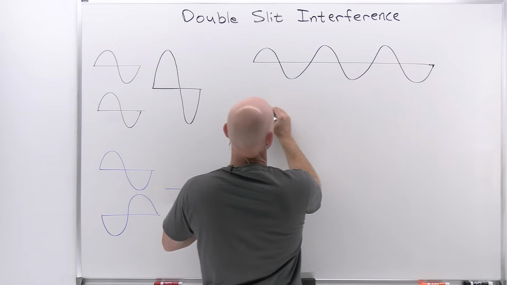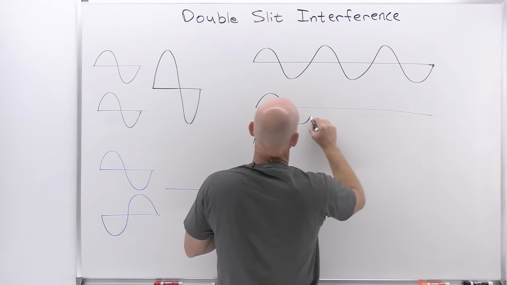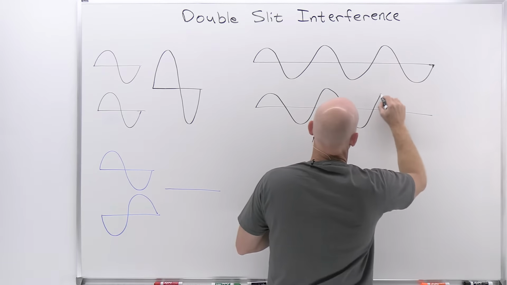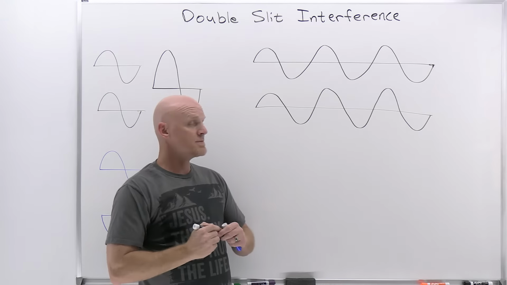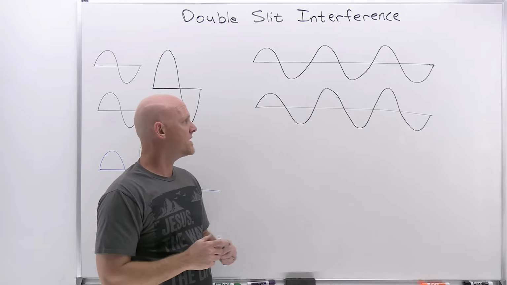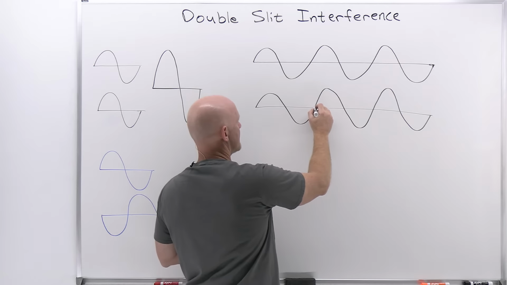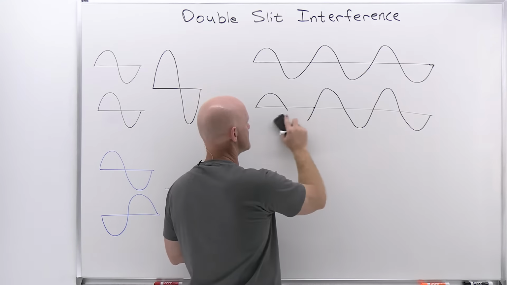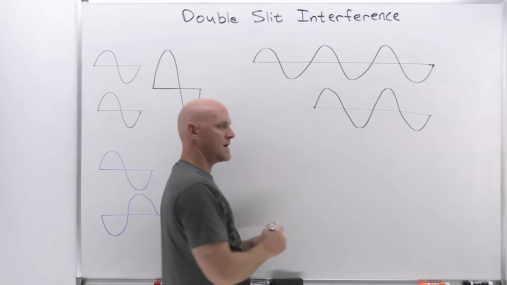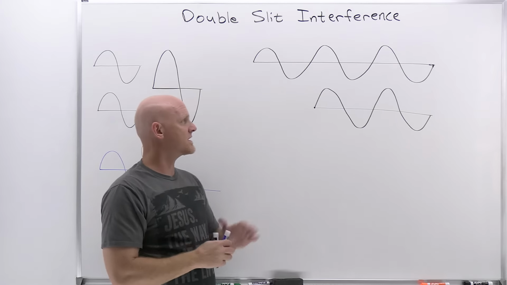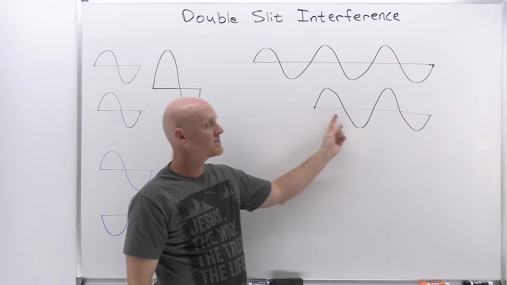So let's say we fire that second one and we see that it's just going to match perfectly. You have to put up with my artwork here. And so they'd be exactly in phase. Now, what if instead I decided to put one light gun slightly ahead of the other and I started it at this location right here? Well, that would be okay. As long as I started at exactly one wavelength further ahead of the other light gun, they'd still be